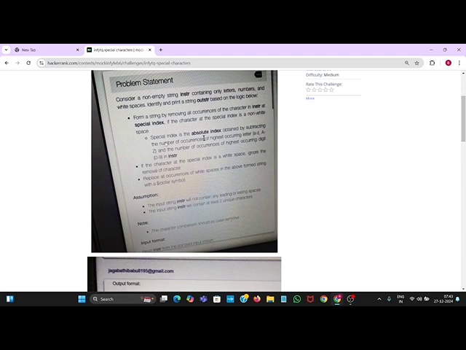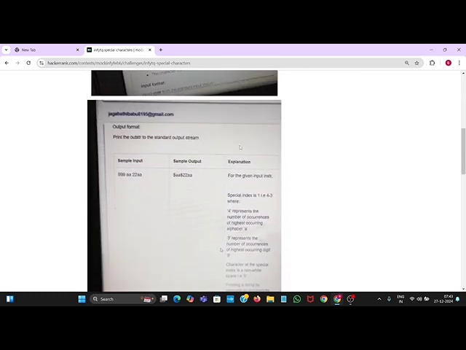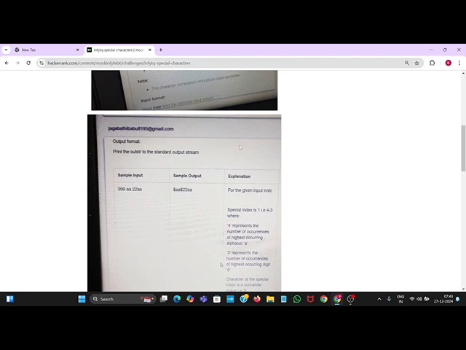At first, we have to calculate the special index. Let me tell you how to calculate the special index. It is the absolute difference obtained by subtracting the number of occurrences of the highest occurring letter and the number of occurrences of the highest occurring digit in INSTR. Let's see an example and calculate the special index.